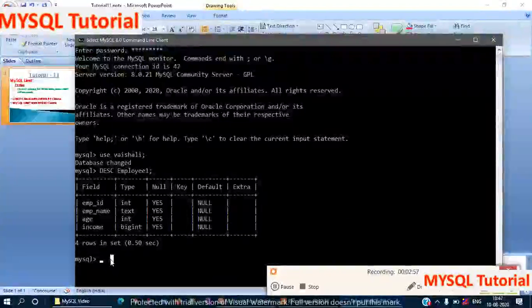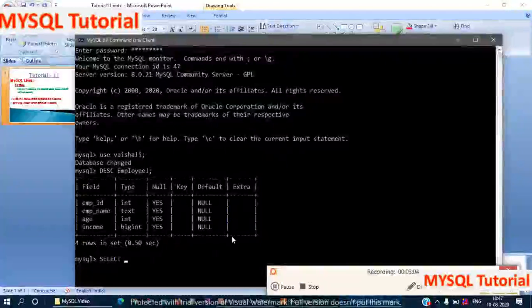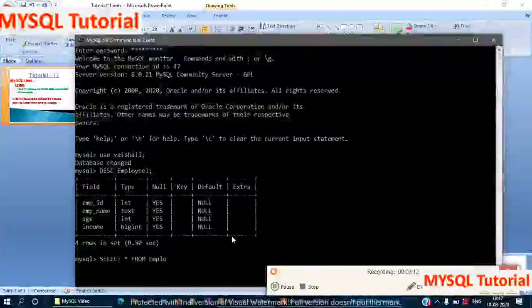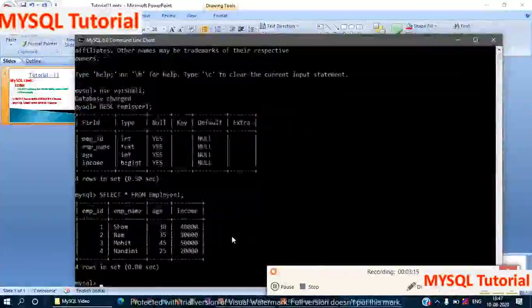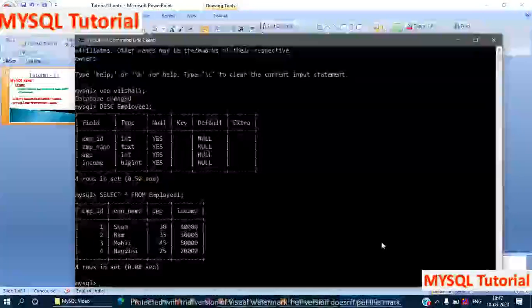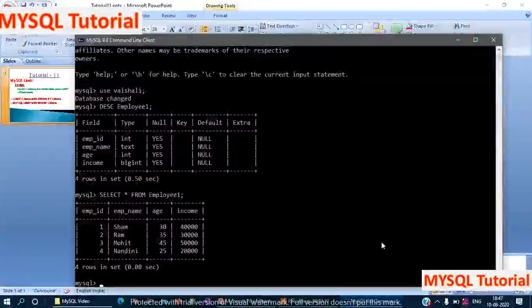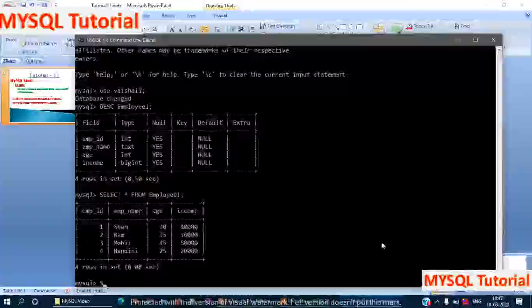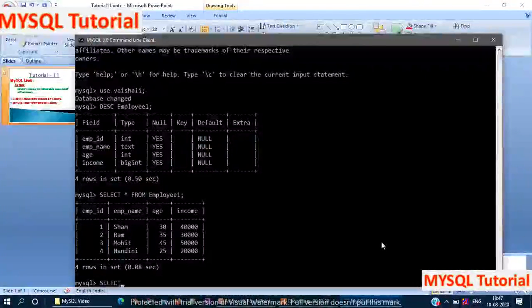Now we select the records by using the select command. Now we use the limit clause with the order by clause. By using the select command, select the column list. You can select any column name.